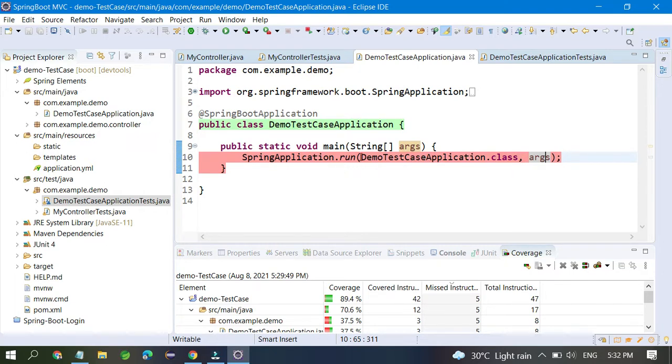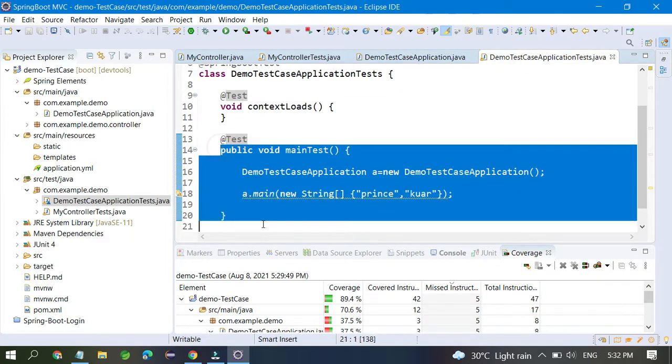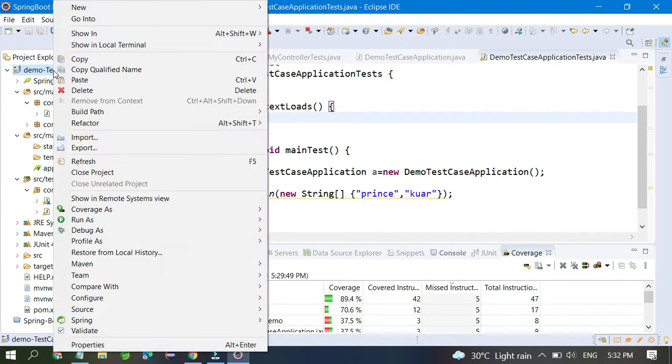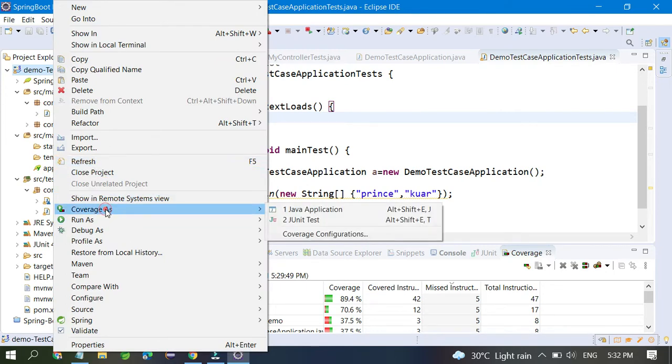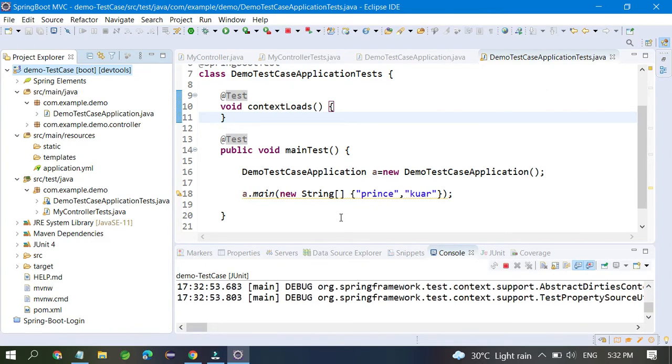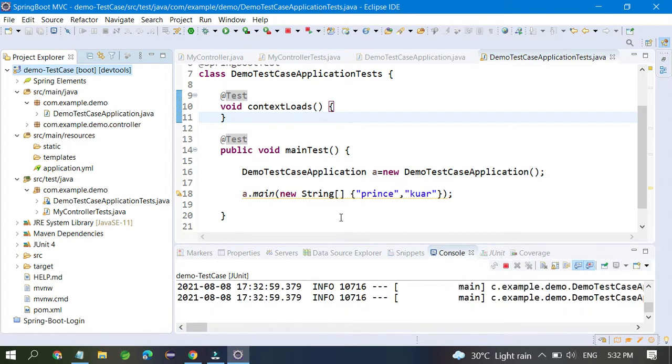So I will also pass string array data only. I'm able to execute now. Okay, everything is fine. Now I'm going to run this and check the code coverage, how much code coverage there is right now. So this is the main method which is by default generated by Spring Boot, and we are going to cover it. Let's see whether it's covered or not.